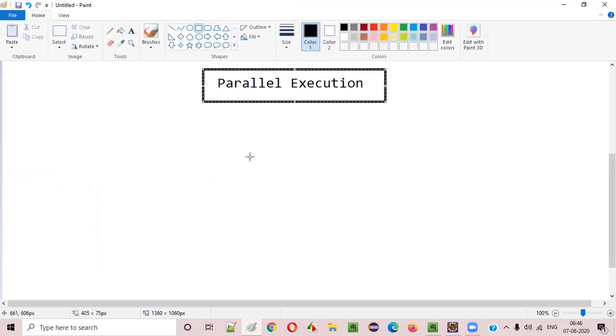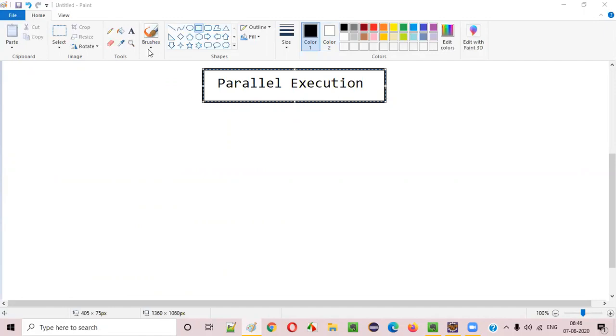What do we have to use for parallel execution? At the same time, we have to execute our automation scripts, that is, parallelly. What do we have to use, guys, for parallel execution? How is parallel execution possible, guys? With the help of,